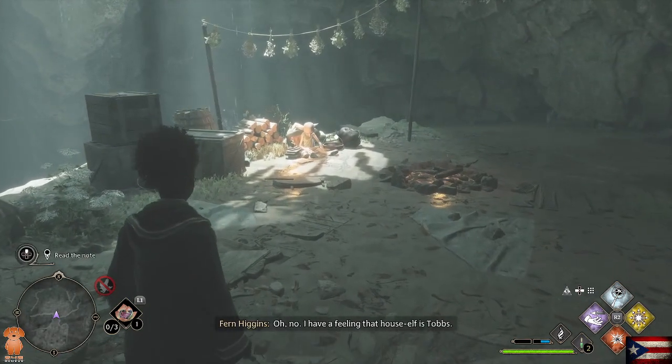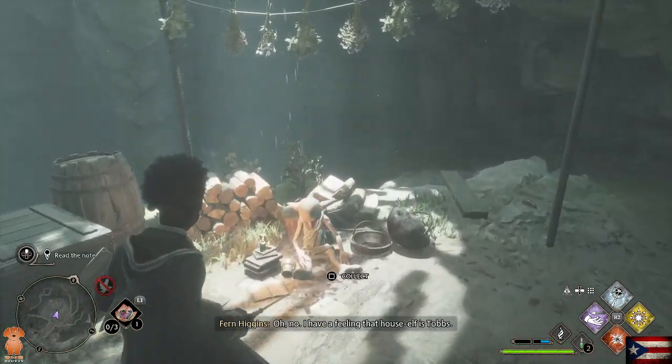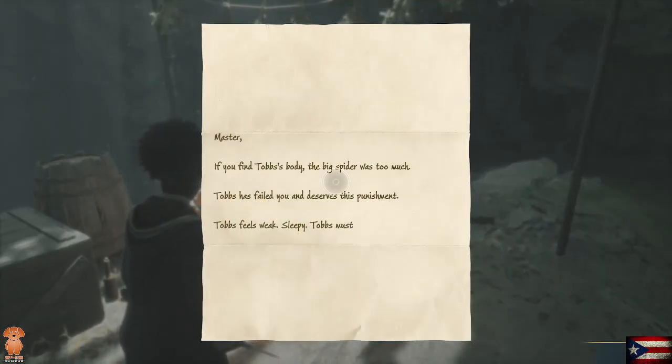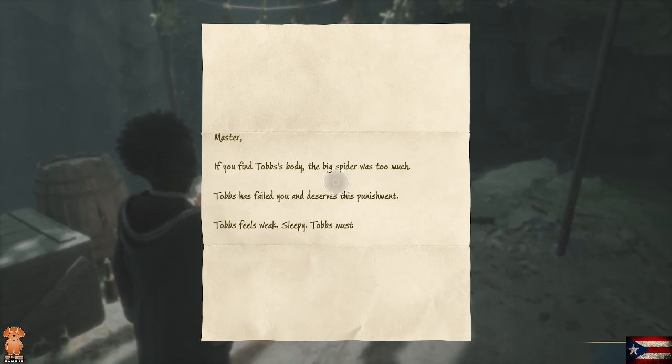Oh no. I have a feeling that house elf is Tobbs. Master, if you find Tobbs' body, the big spider was too much. Tobbs has failed you and deserves his punishment. Tobbs feels weak, sleepy. Tobbs must...